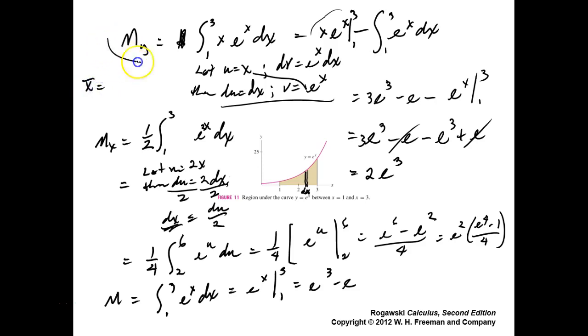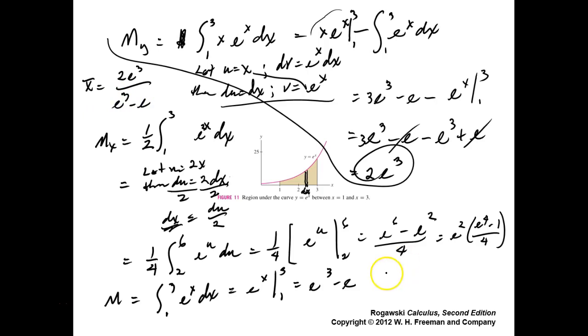That's your m sub y, which was this thing, right? 2e cubed over e cubed minus e, right? And your y bar would be,